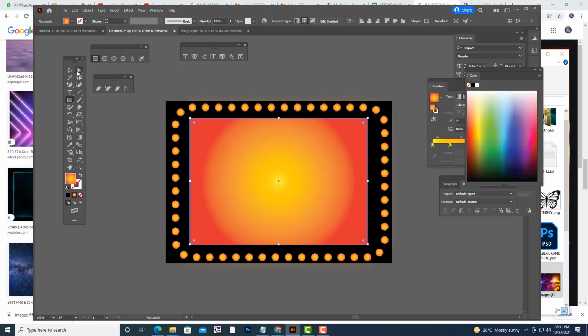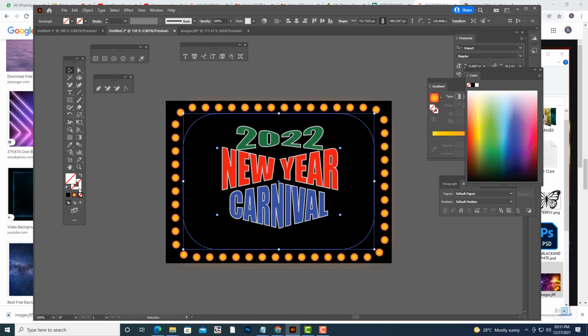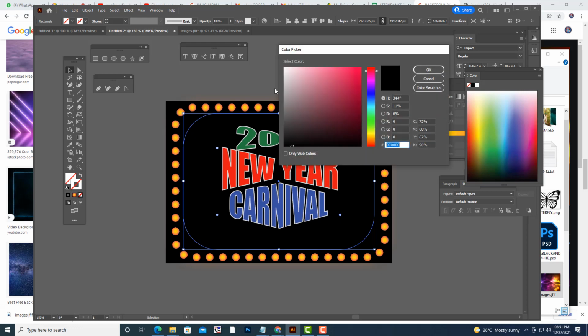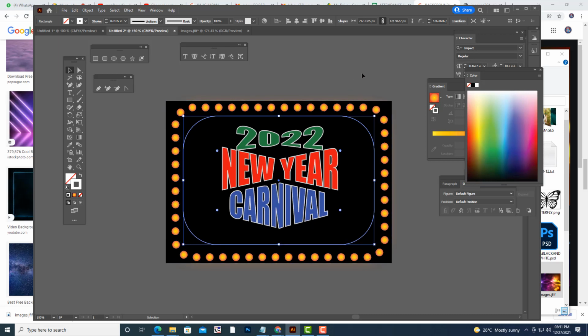And just for more attraction, we can use this rounded rectangle, turn off the fill, and apply a stroke. Something like this.